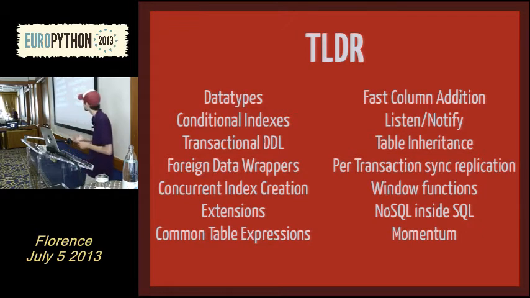A couple of really big things stand out from other databases. Transactional DDL is really big. Foreign data wrappers are absolutely awesome and going to be a big part of the future of Postgres. This is where you can query data from inside Postgres out to Redis or MongoDB or Oracle or any other data source that you want. There's even ones for Twitter, which I'm not sure of the point, but you can do it. Extensions are another really great thing where you can add a little bit of extra functionality that ships with core Postgres or maybe doesn't. And we'll highlight a little bit of that.